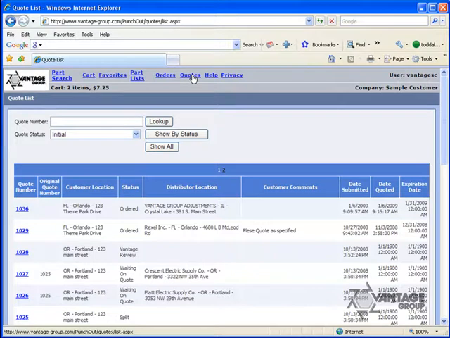You can look them up by particular quote number, you can look them up by status, or you can show all here. This is where you would come when you're actually going to manage a quote, but to create a new quote, you're going to use some of the elements that you've already seen before. We're going to go back to the part search page here,